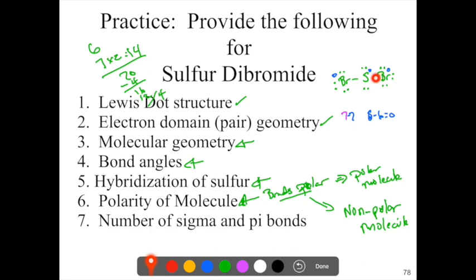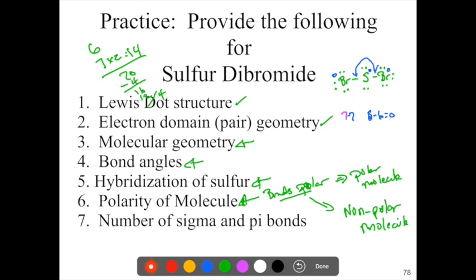And so each of the single bonds is a domain, 1 and 2, plus lone pairs are a domain, 3, 4. I have 4 electron domains. When I have 4 electron domains, that is in a tetrahedral arrangement. And so the electron pair geometry is tetrahedral. But when I look at tetrahedral, if you go to your list, a tetrahedral that has 2 non-bonding pairs is actually bent. Although I have written it this way,